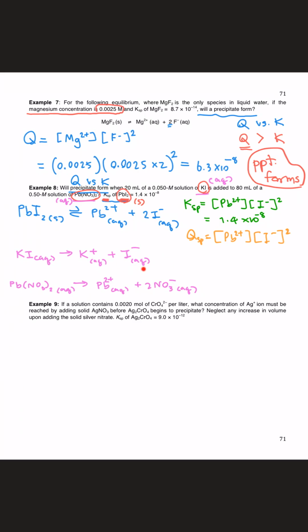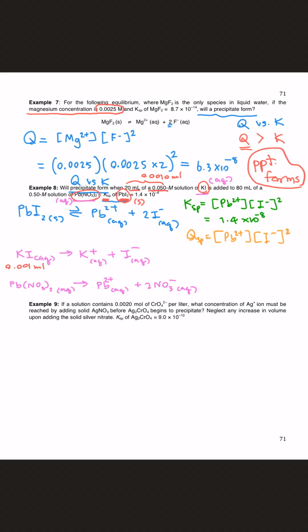contain the iodide ions and lead ions that eventually will allow us to use as a concentration to plug into the Q expression. First, let's take a look at the given volume and the concentration of potassium iodide. From the given volume, convert this into liter and multiply by the concentration. You are going to obtain the number of mole of potassium iodide equal to 0.0010 mole of potassium iodide, which means that if you have 0.001 mole of potassium iodide, and because potassium iodide